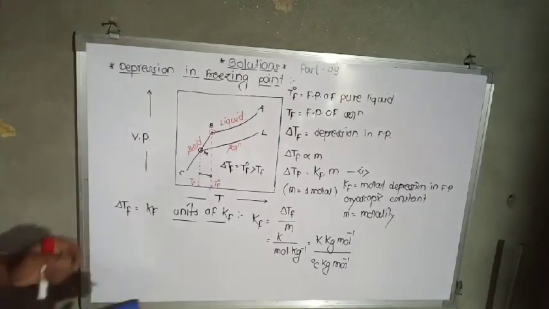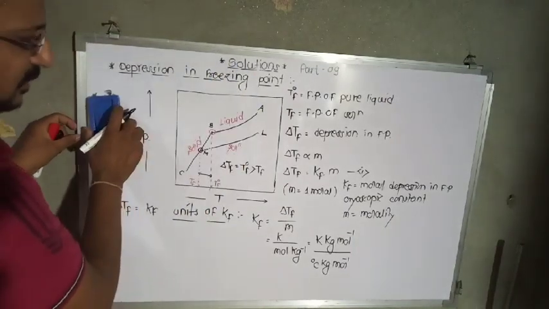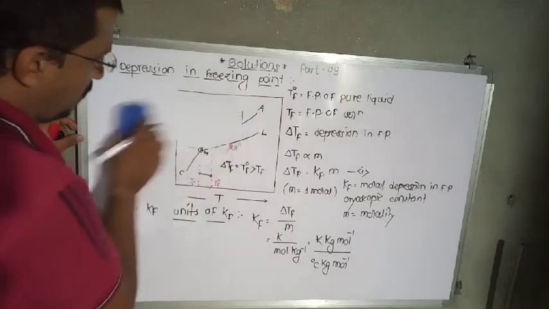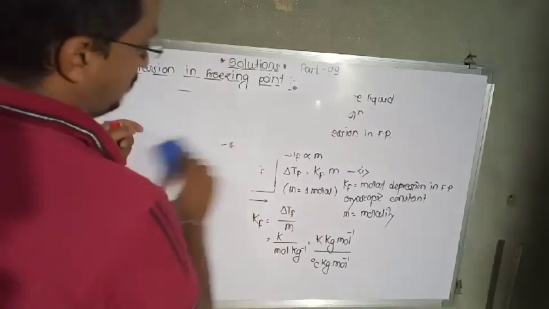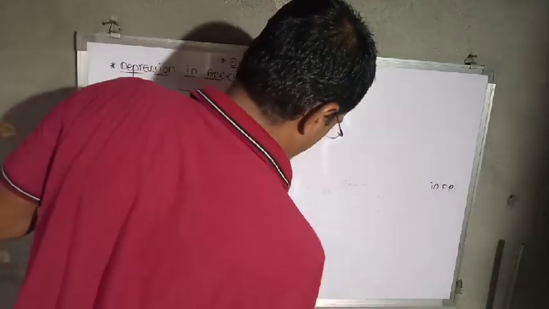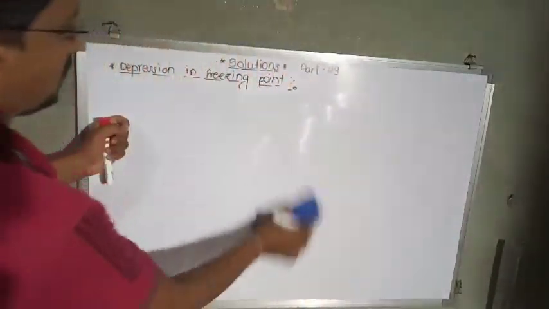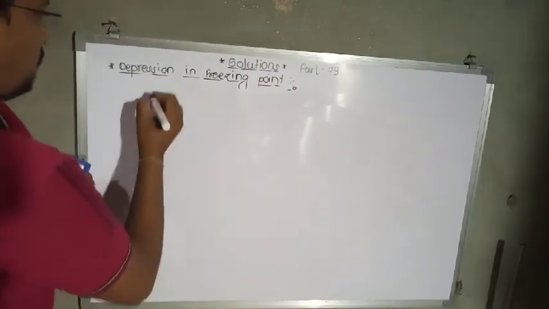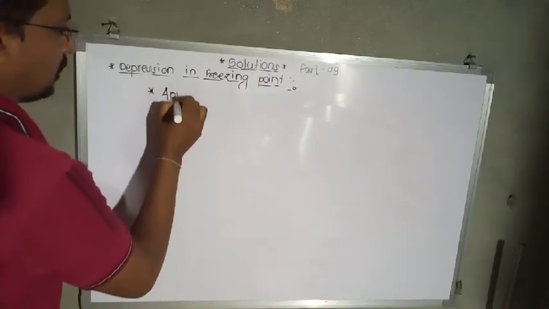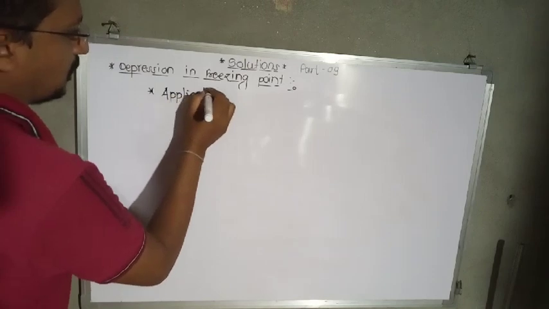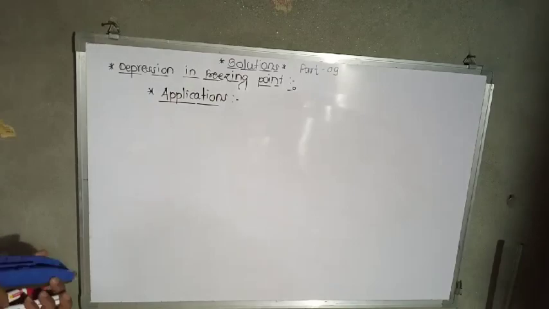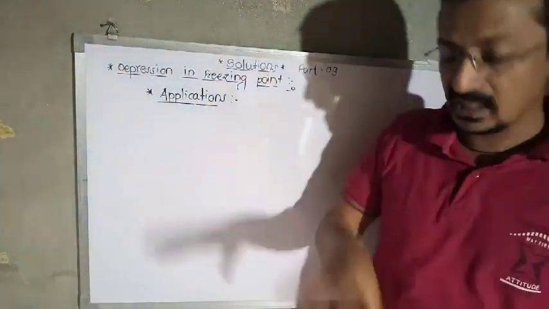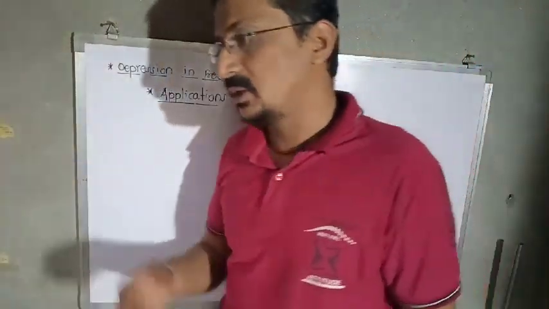Now the next point that we have to study. So this is overall about depression in freezing point. Now we are going to study the last point of the concept, that is the application part. What is the application of this depression in freezing point concept? Applications. One of the most important applications, as I already told you, is that all colligative properties have the same application, that is, they are used to determine the molar mass of unknown